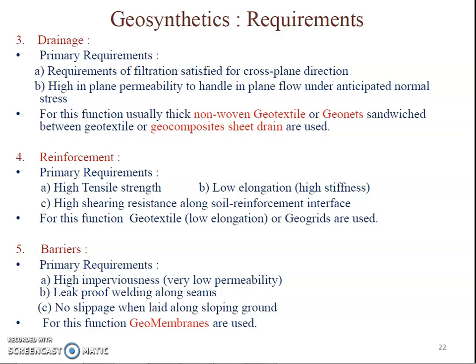We know that whenever we use geosynthetics or geomembrane in canal lining or in ponds, the main purpose is to retain all the water, stop the leakages, and store that water. In case of canal lining, we have to stop the percolation. So to use geosynthetics as a barrier, the geomembrane is a very good material and it is used at that particular site.